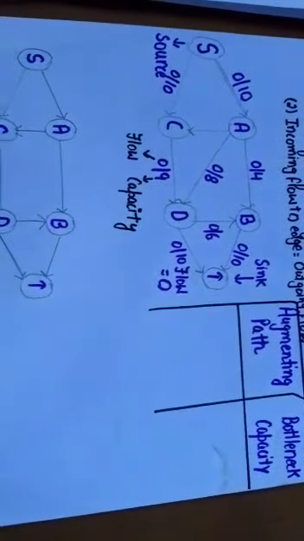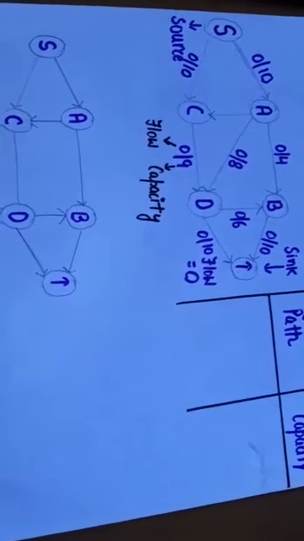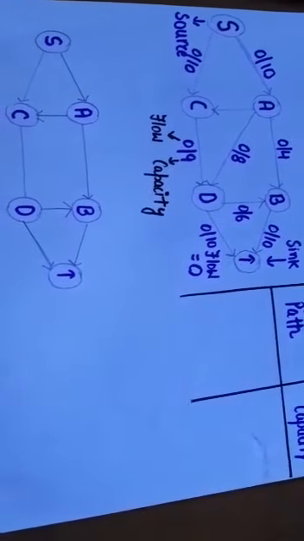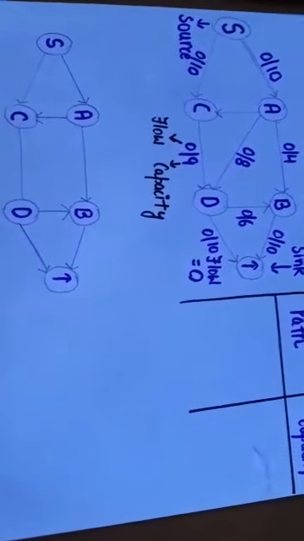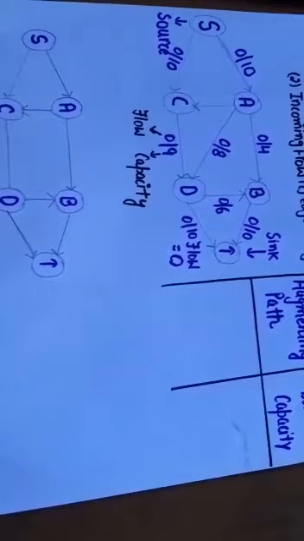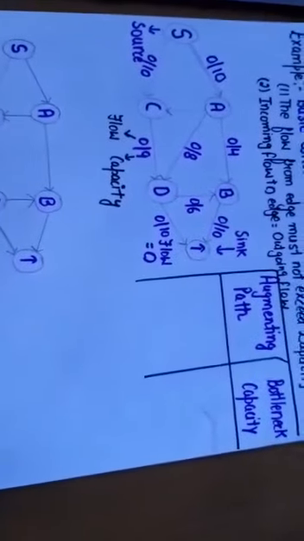On the edges here I have taken two parameters separated by a slash. The first parameter tells about the flow that is passing through the particular edge, and the second parameter tells about the capacity of the edge. Initially you will see that I have taken all the flow values as 0 because this is the starting point. So initially there is no flow in the network, and on the right side I have given the different capacities of the edges of the network, and in the last you will see that flow equals 0. It means initially the flow from source to sink is 0.